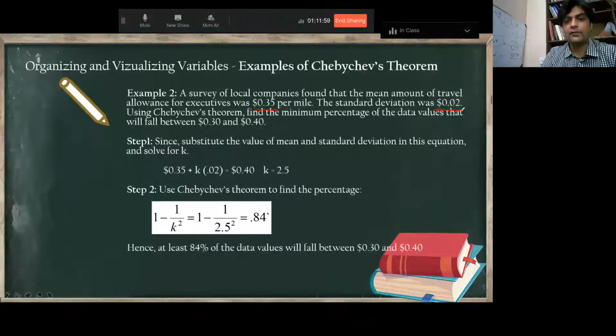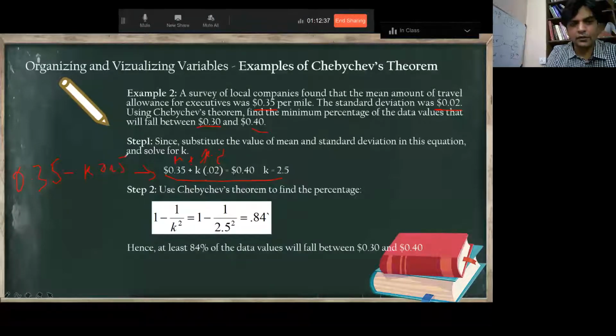Using Chebyshev theorem, find, okay, this one is a bit different. Now, he has already given us the range. So he's asking how much percentage falls under this range. So we substitute the value of the mean and we can get the k. So we know this is mu, this is plus minus k standard deviation. We know this. Okay, so you can get from here, this is plus k standard deviation, or you can also get it from there, minus k